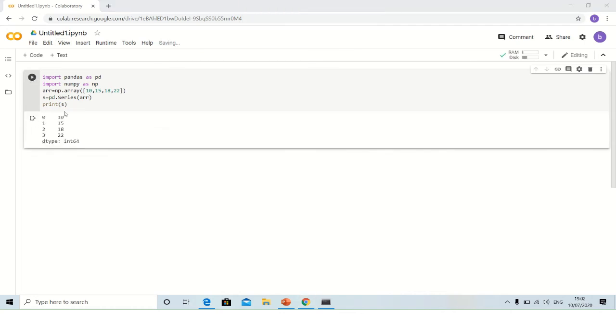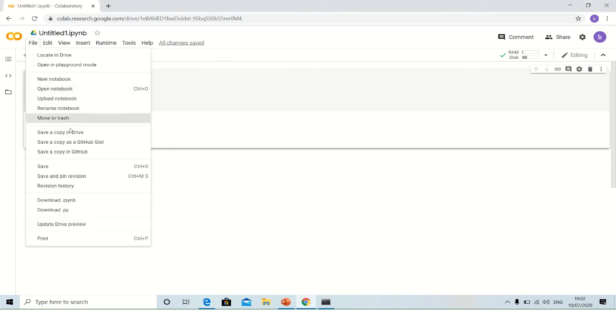My output has been displayed here. The main advantage of Google Colab is that it is automatically saved in your Drive. There is no need to save anywhere. If you want to save on your system for offline use, go to File and download your Python program.